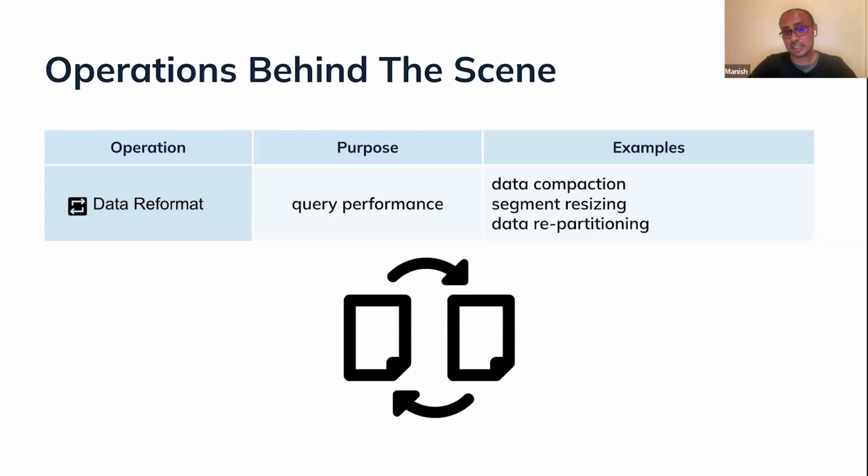The other very typical use case is segments, as I told you. The size of the segment is really important for query performance. If you have really large segments, then you're not using much parallelism. If you're using really small segments, then it bottlenecks the metadata, like Zookeeper and so on. So the size of the segment is important. For various reasons, you might want to reformat the entire table so that you can optimize for your query performance. So this is the operation.